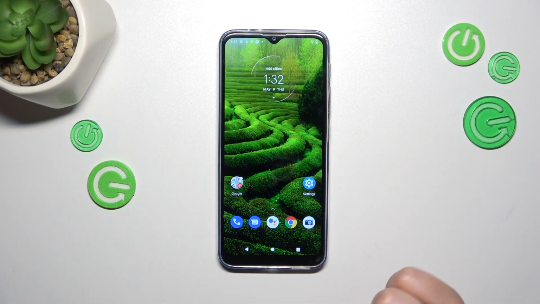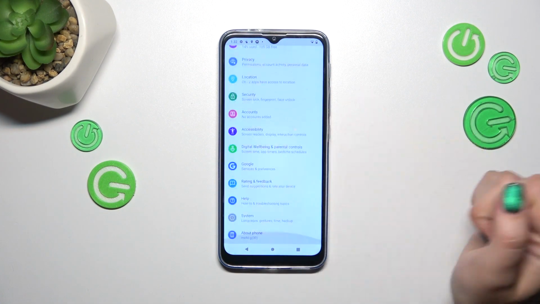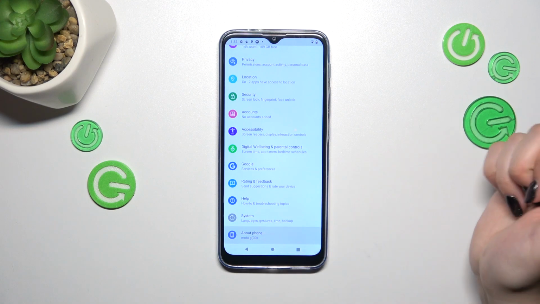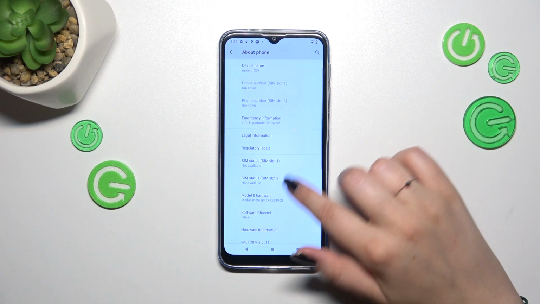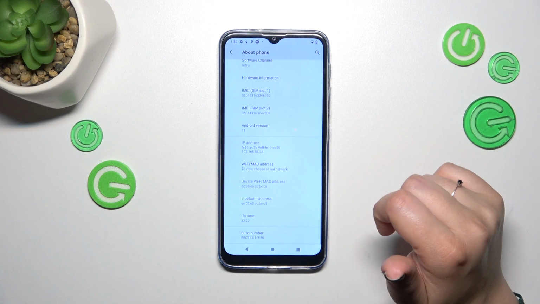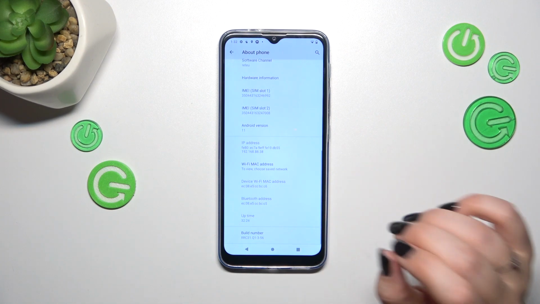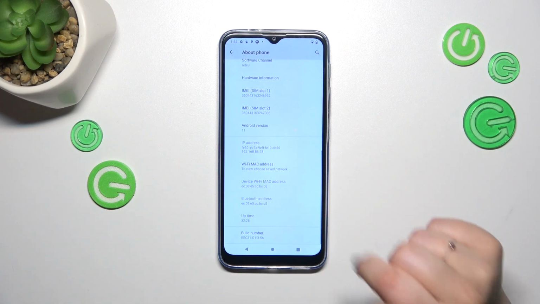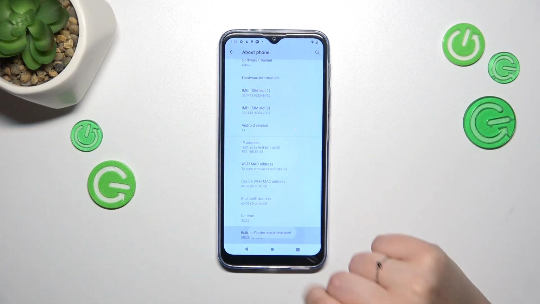So let's start with opening the settings, and here we have to scroll down to the very bottom to find About Phone. Let's tap on it. Then we have to localize a special number which is called build number, and as you can see in this device it is at the very bottom of the list. All you have to do right now is to keep tapping on it until you'll see that you're in the